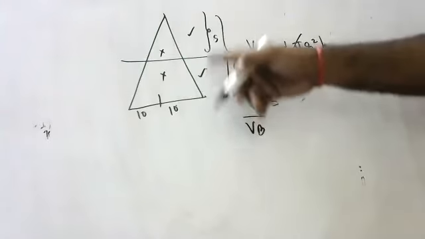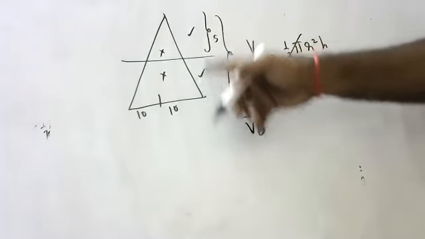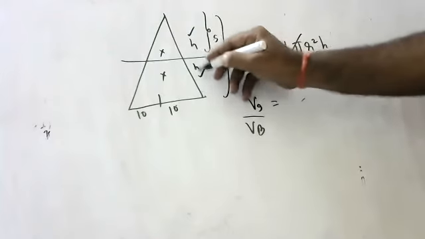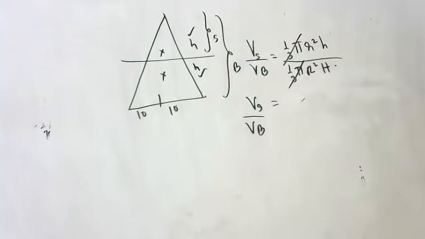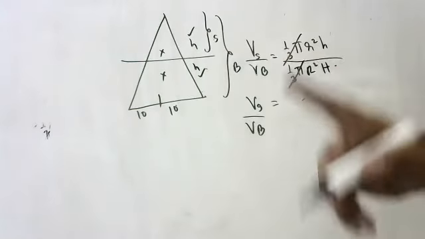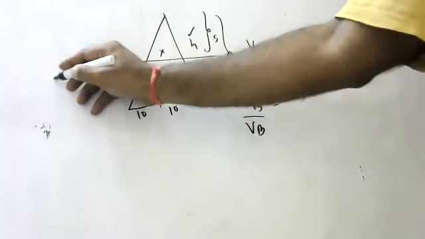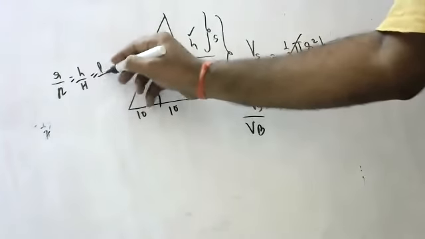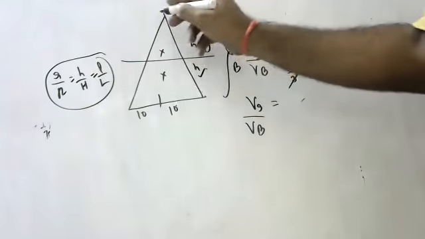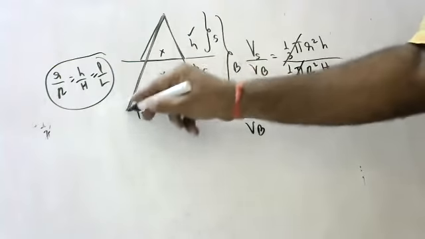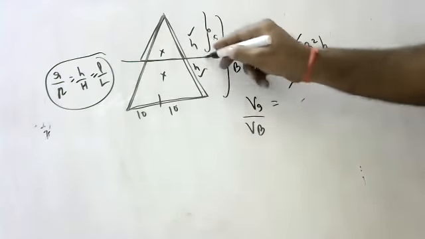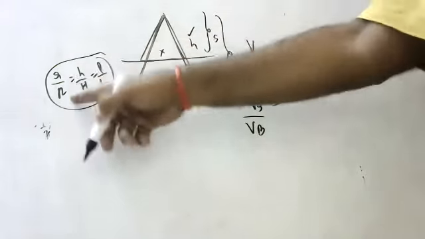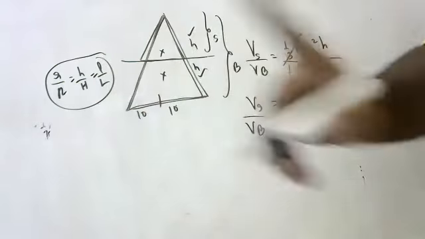They cut exactly in the middle, children. A million times I told you, small r by big R, small h by big H, small l by big L are similar because this triangle is similar to this triangle. So when they cut exactly in the middle, small r by big R, small h by big H, small l by big L is the same.